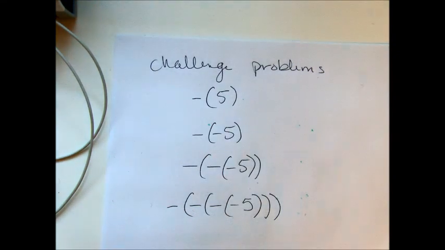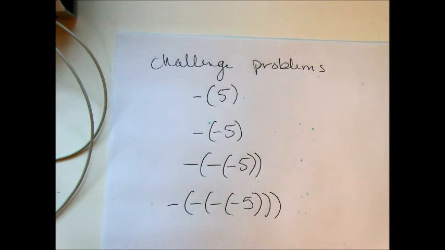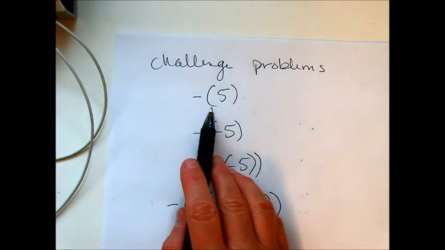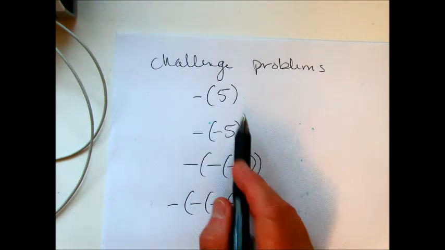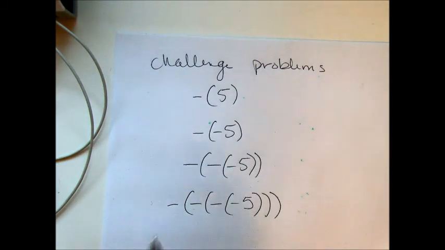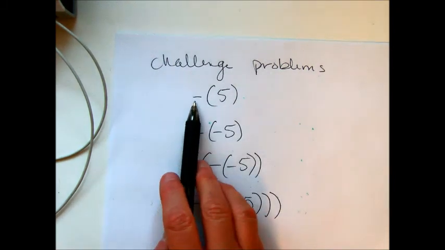Okay, here's just a little video showing you how to work some of these challenge problems that I've posted, either on a quiz or homework. And I've got a few examples written down here. Basically, inside the parentheses, we've got a number. It's either a positive or a negative. And then we've got these symbols here. They're not really subtract. They're either negative or you could read them as the opposite